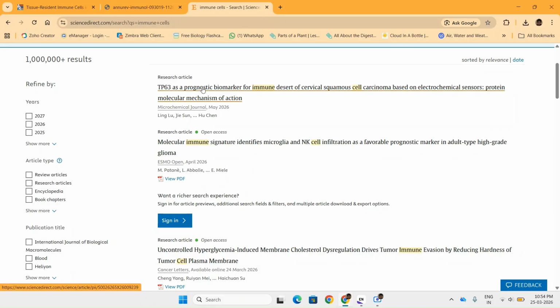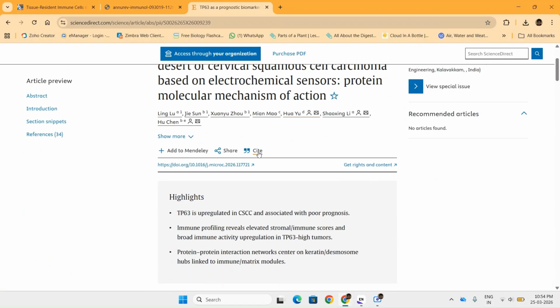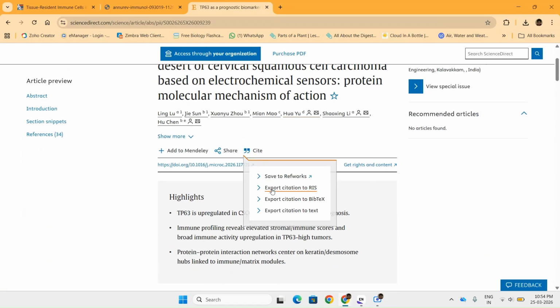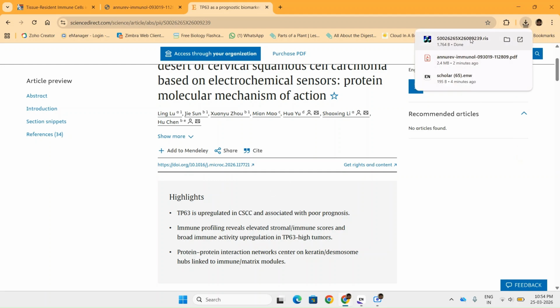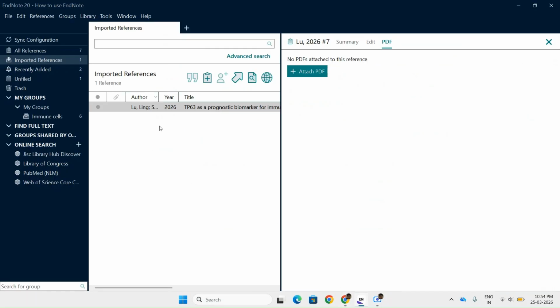This one only has the abstract available. So once you click the paper that you want, here you see this option: export citation to RIS, and you go there and open it. It will directly open in the EndNote file.